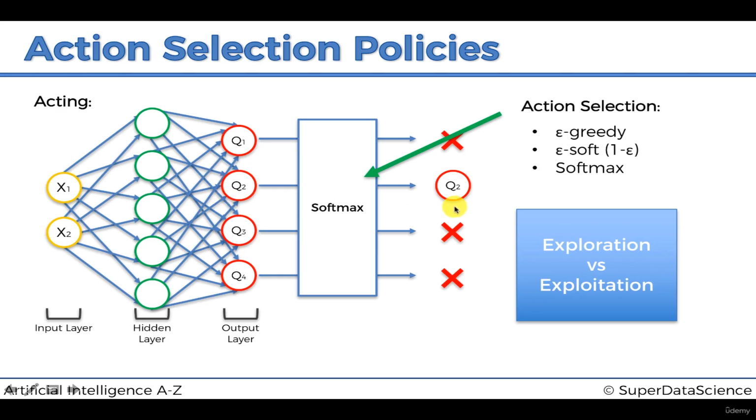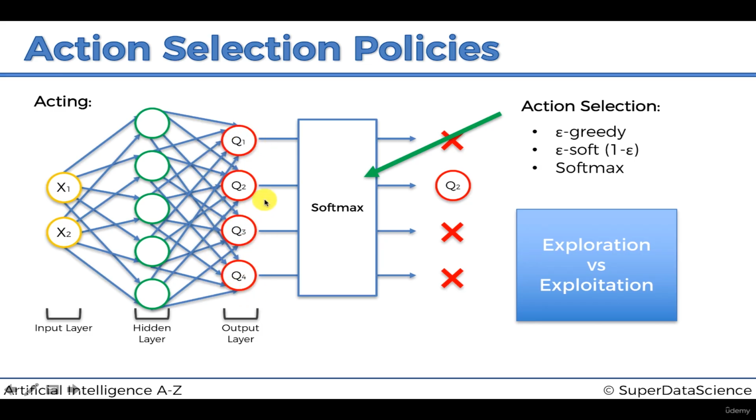And epsilon greedy, you might hear it in other places. It's just a selection policy. In this case, we're using it to select an action out of our Q values. You'll select the one with the highest Q value all the time, except for epsilon % of the time. For instance, if you set epsilon to 10%, or 0.1, then 10% of the time the action is going to be selected at random. So 90% of the time, you're still selecting the best action based on the highest Q value, but 10% of the time you're selecting a random action, uniformly, absolutely randomly.